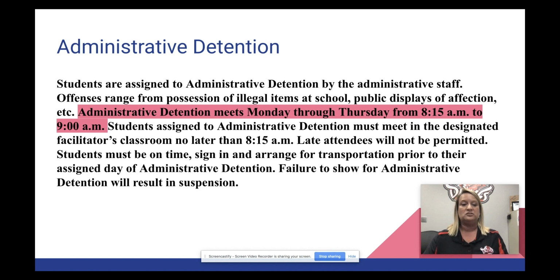Failure to show for administrative detention will result in suspension. Again, we're changing the times so that we have administrative detention during the morning. That means you have no excuse for not being here. However,